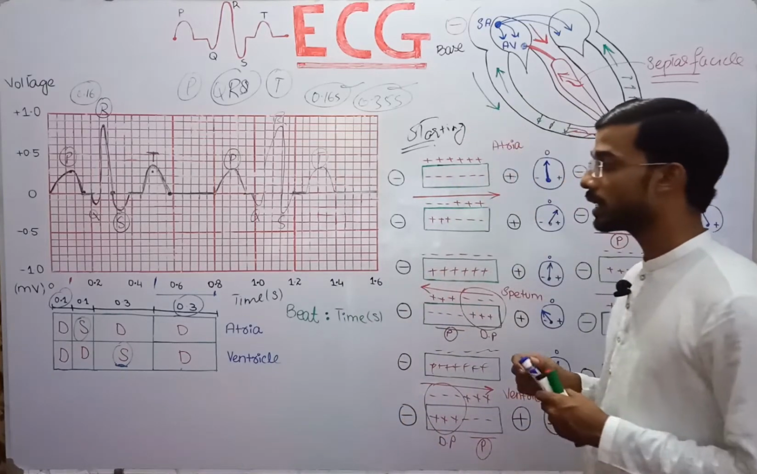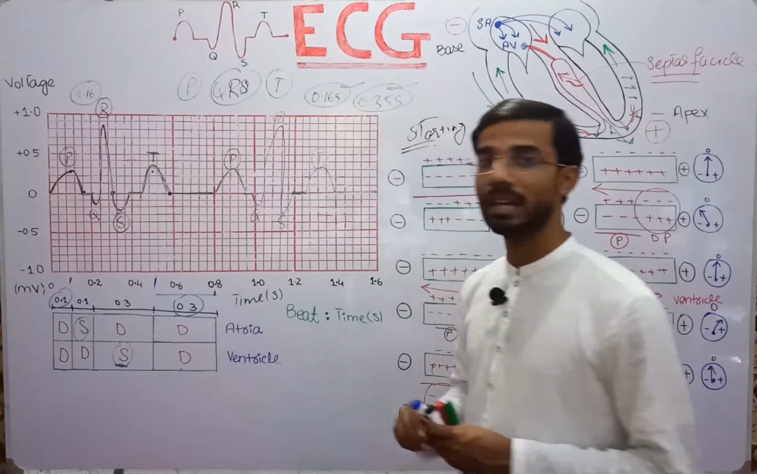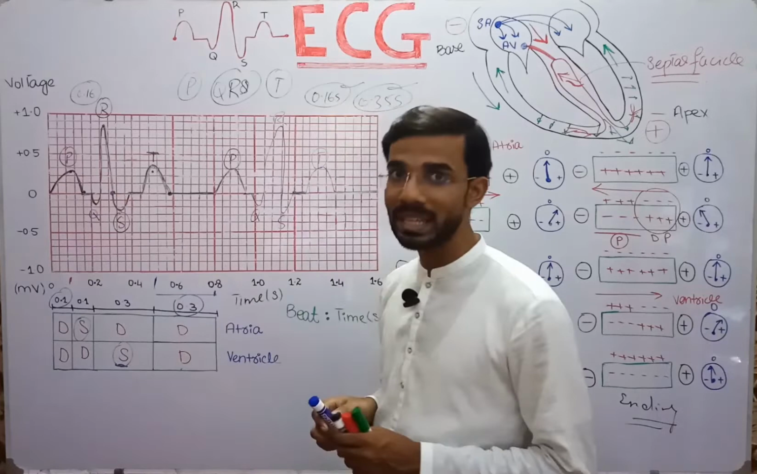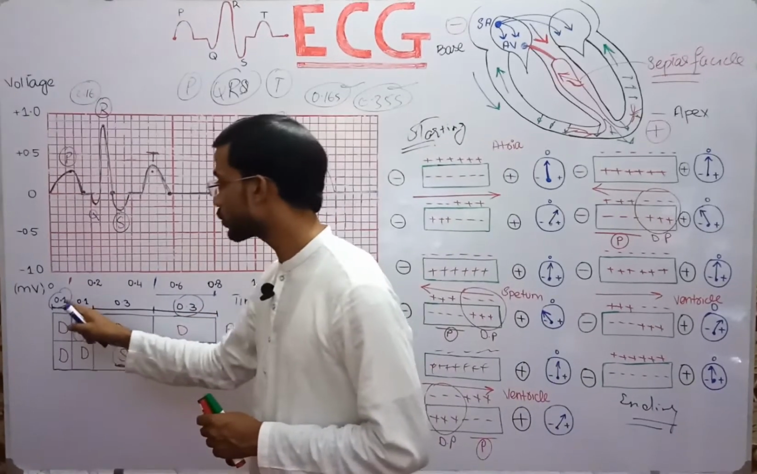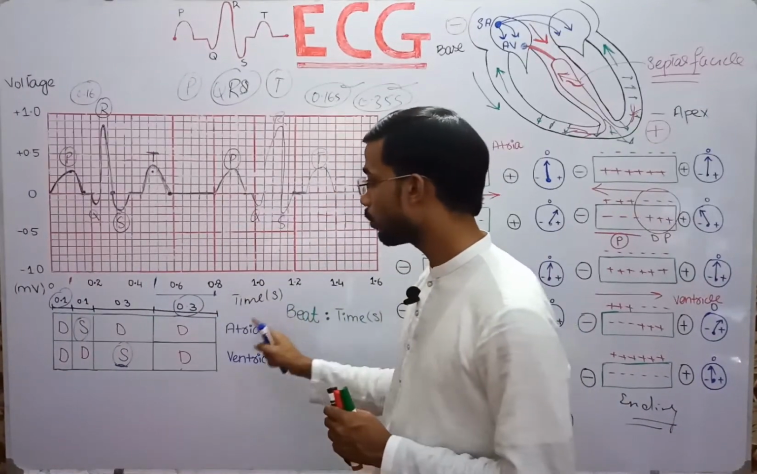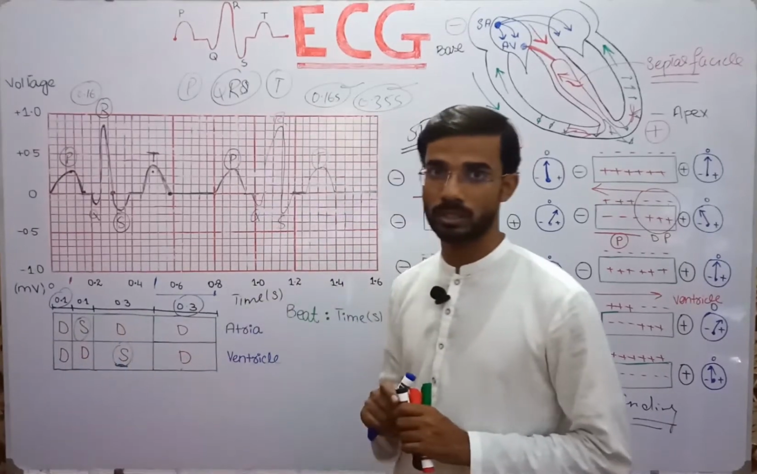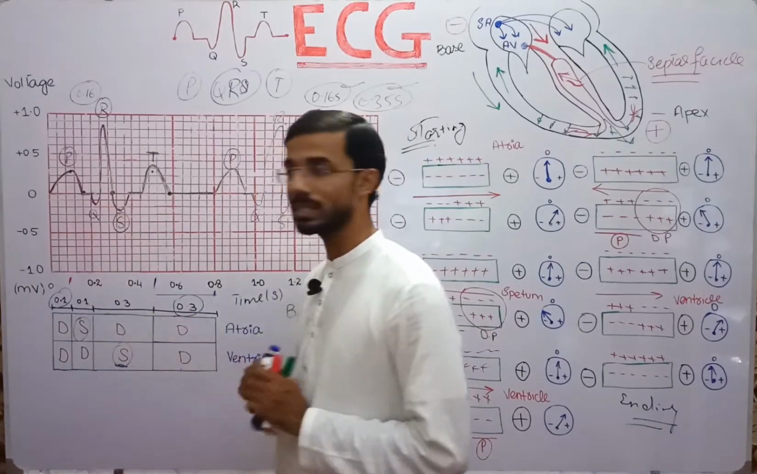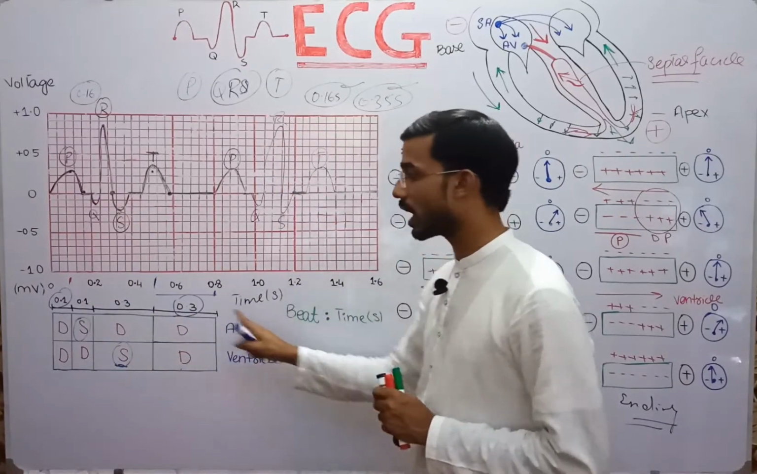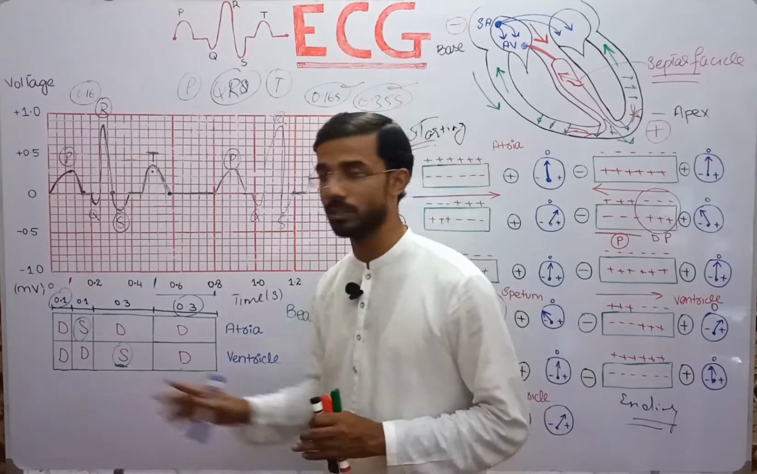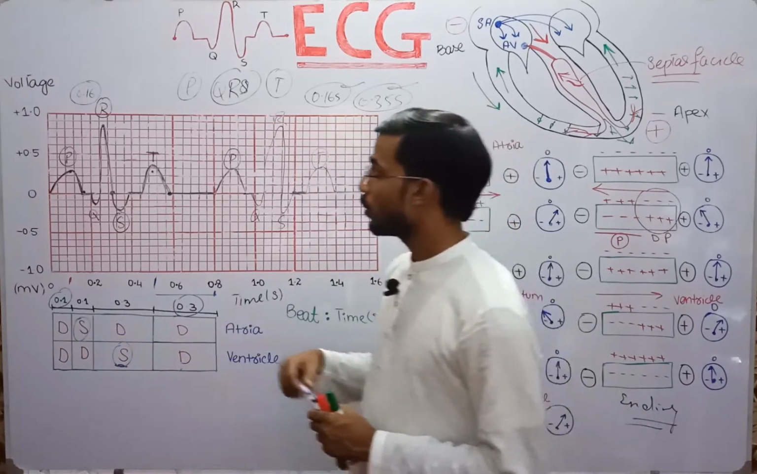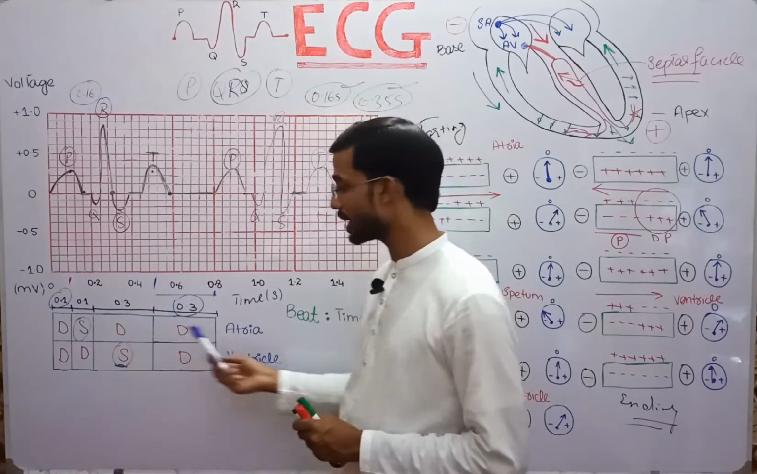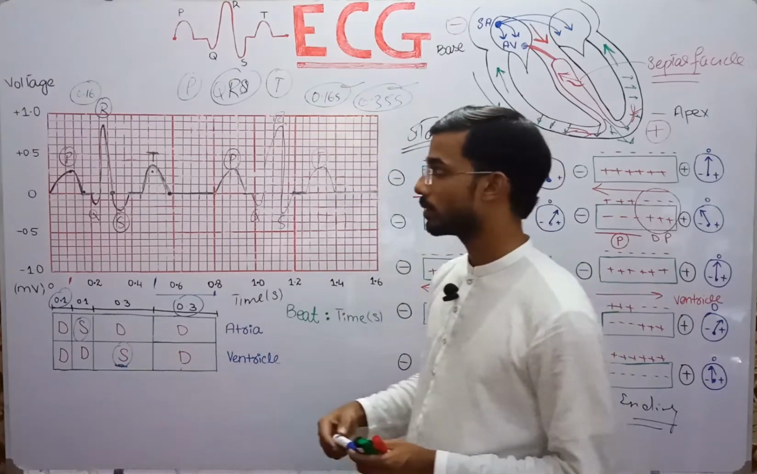So if we compare the ECG with diastole and systole, at the start, when there is formation of the P wave, at that situation, which is 0.1 second, both the atria and the ventricle are in diastole, and when they move downward, which is about 0.1 second, at that situation the atria are in systolic state and the ventricle is in diastolic state. Next is the formation of the QRS complex, at which the atria are in diastolic state and the ventricle is in systolic state